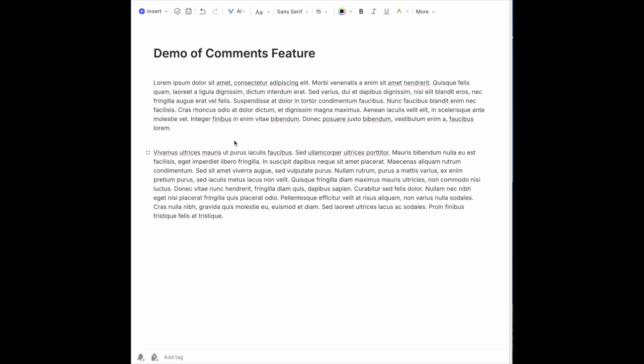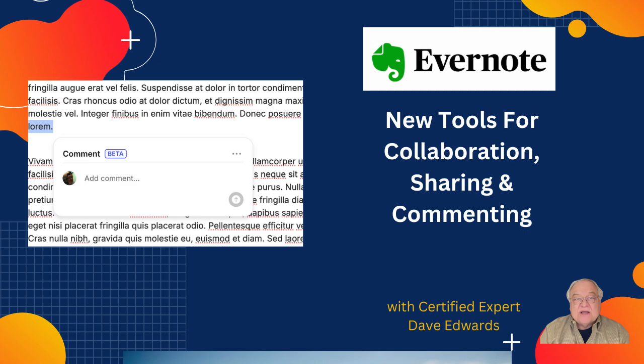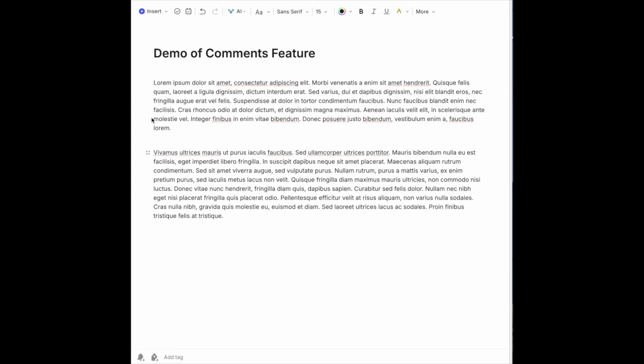This is still, as I said, in beta, and they've already admitted that they've found a few bugs with this, but I think you're going to see this feature become more robust in the future. Let me show you what I mean. So this note was shared with me, and I want to make a comment about something that the person has posted. So if I want to make a comment and I highlight the area that I want to comment on,